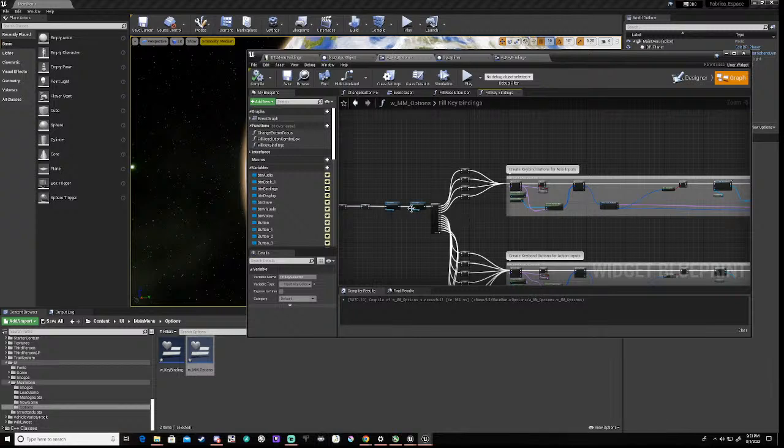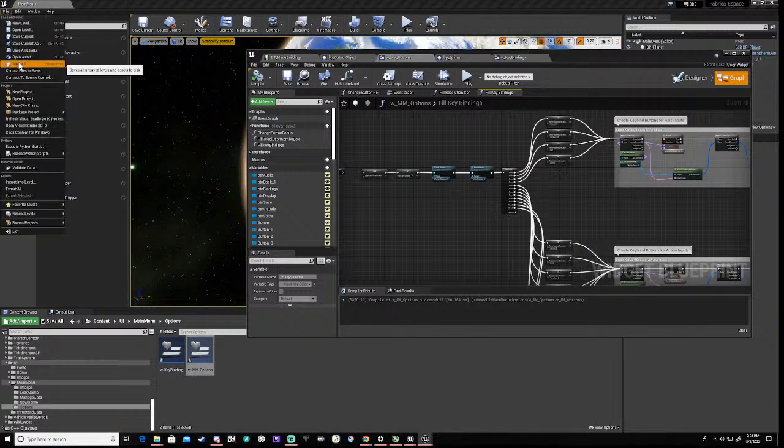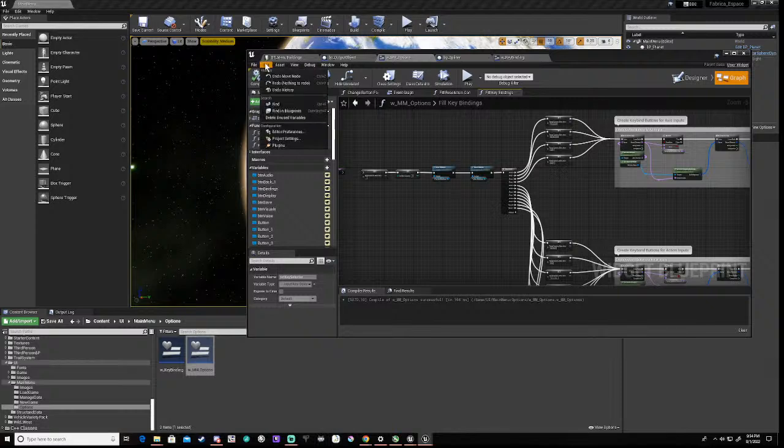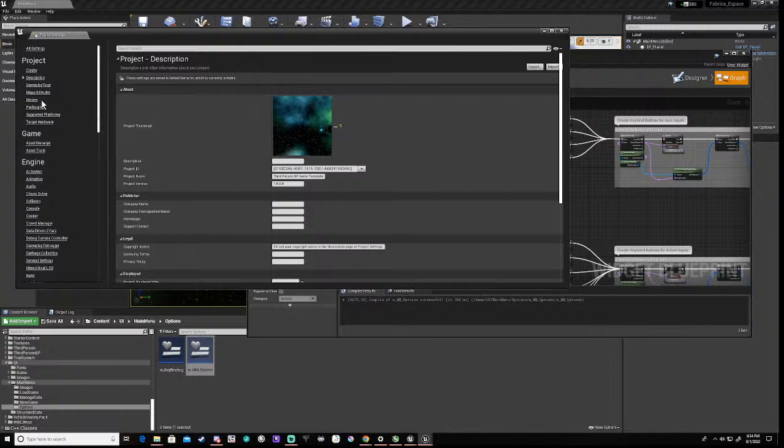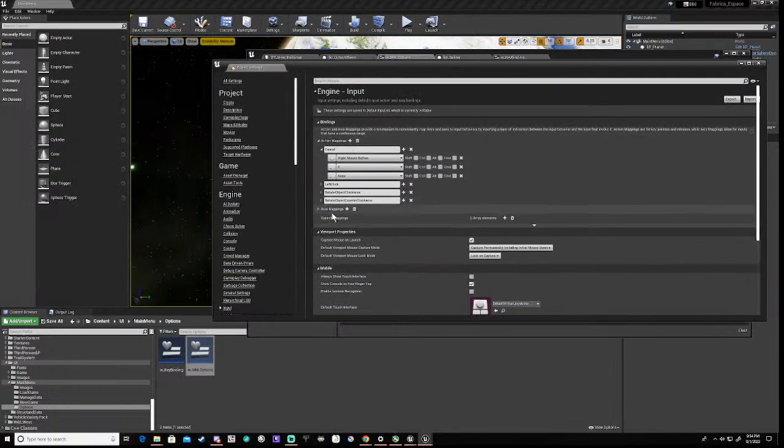So either way, we can actually do a save all, and we can go into our project settings. Then we can go on to input,